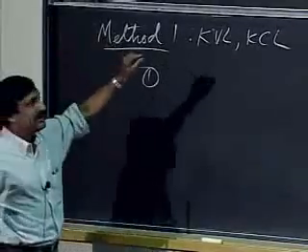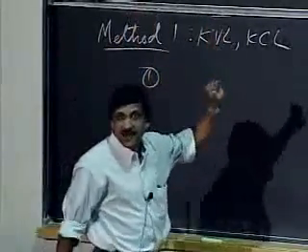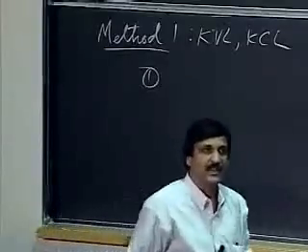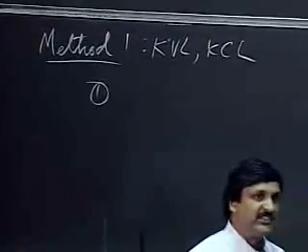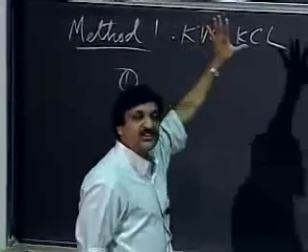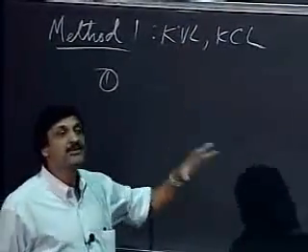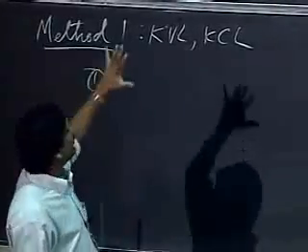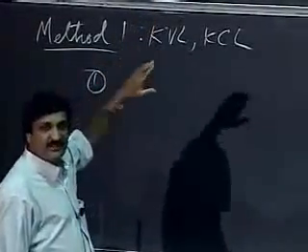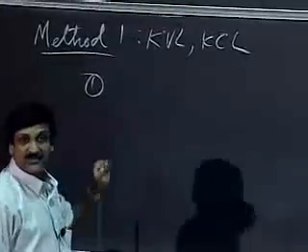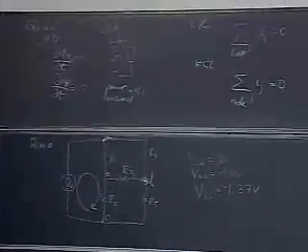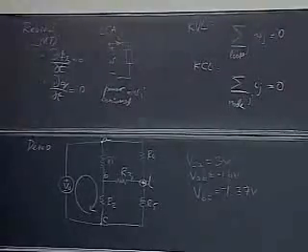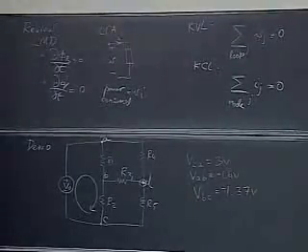So let's say our goal is, given a circuit like this, our goal is to solve it. Okay, in this course, we will be doing two kinds of things, analysis and synthesis. Analysis says, given a circuit, what can you tell me about the circuit? We'll solve existing circuits for all the voltages and currents, voltages across elements and currents through those elements. Synthesis says, given a function, I may ask you to go and build circuits.